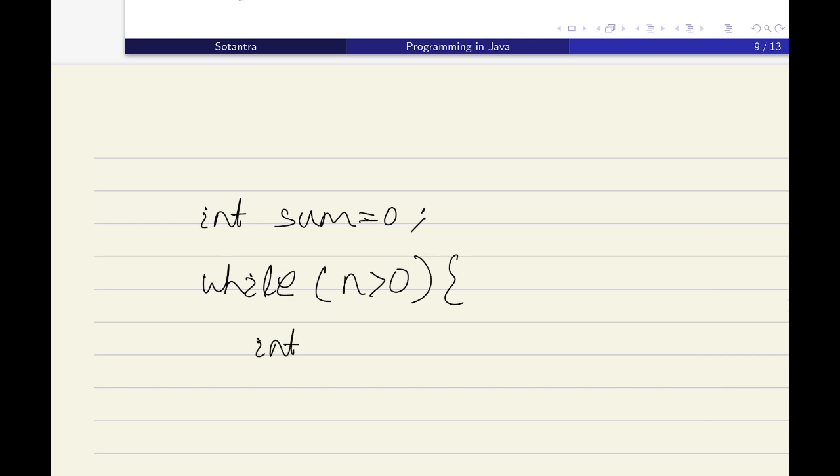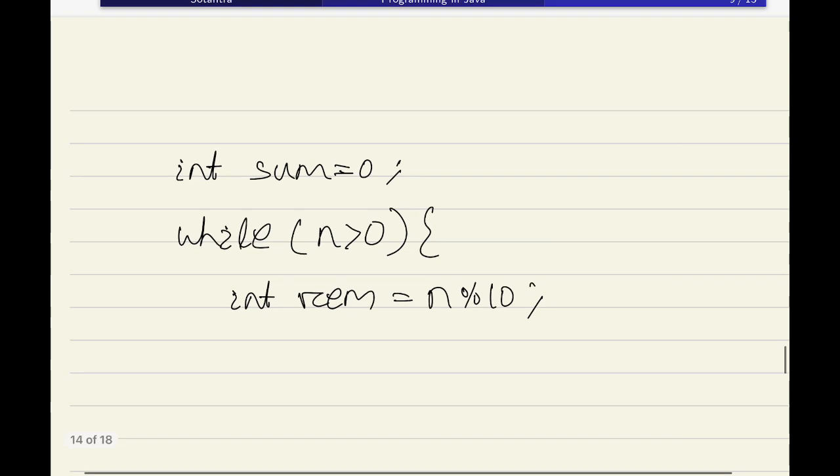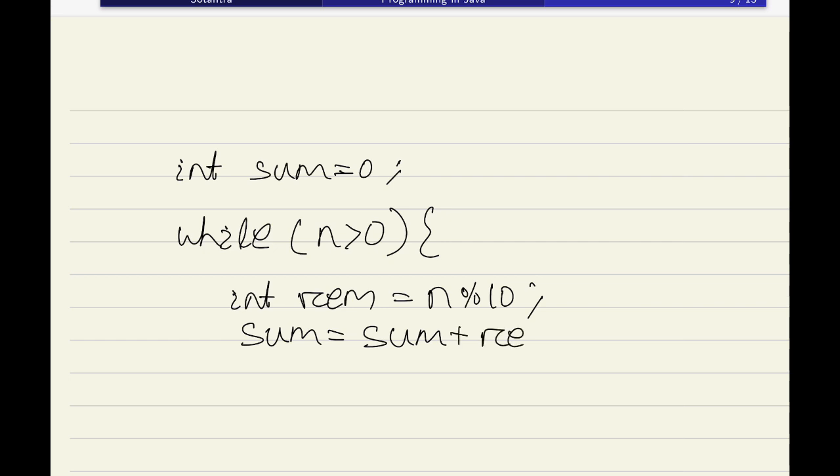So if n greater than 0, what is the remainder? The remainder is equal to n modular division 10. Now we want to add this remainder to the sum. So we can update the value of sum like this: sum equal to sum plus remainder.